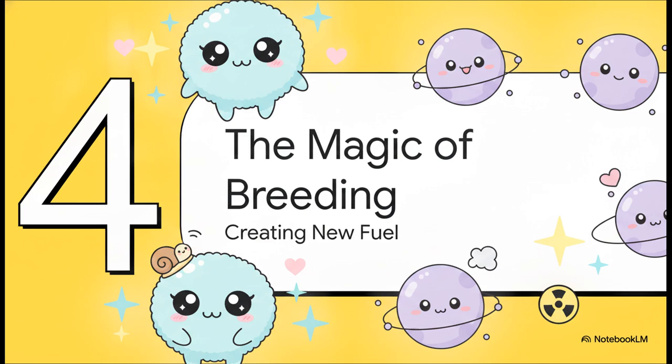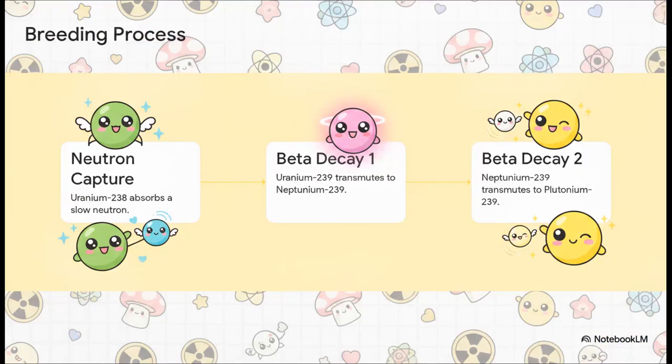Which leads us perfectly into Section 4, the magic of breeding. So what magically happens when a neutron hits our fertile U-238, but it doesn't have that 1 MeV of kinetic energy? Like, what if a slow neutron just bumps into it? Well, if it doesn't have the threshold energy to cause a fission, it kicks off this super cool 3-step process known as breeding. Because remember, fertile materials are defined entirely by their ability to capture a neutron and transmute into fissile fuel. Let's walk through these 3 steps.